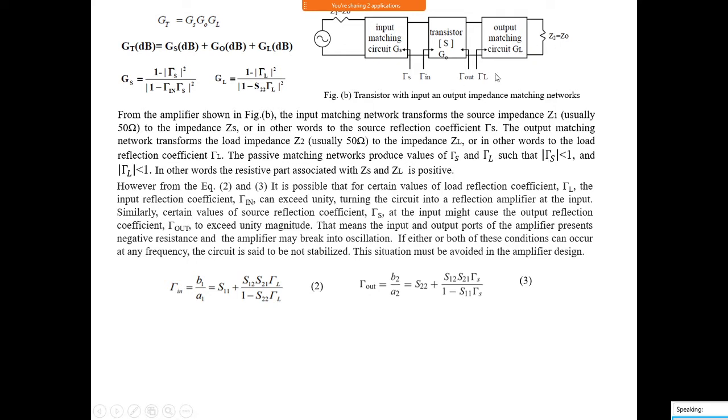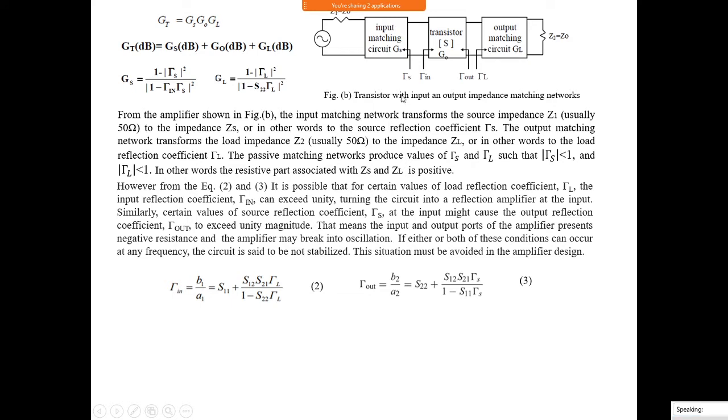But now the problem is that 50 ohm is there, but that is not good for getting our gain. So you transform that to some other impedance using an impedance matching network. Some value ZL gives the required gain. So you can adjust the value of ZL here and also use a source impedance ZS using impedance matching networks such that you can get the required gain, because GS and GL depend upon the impedance looking towards the source and load.